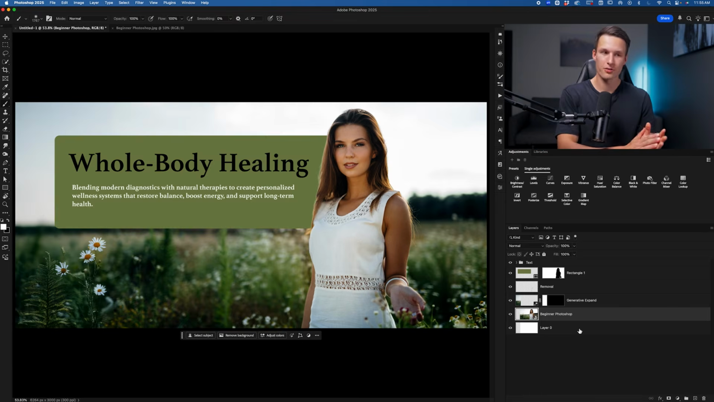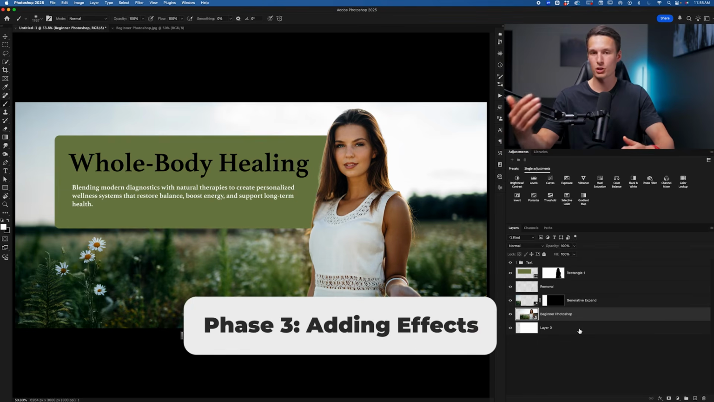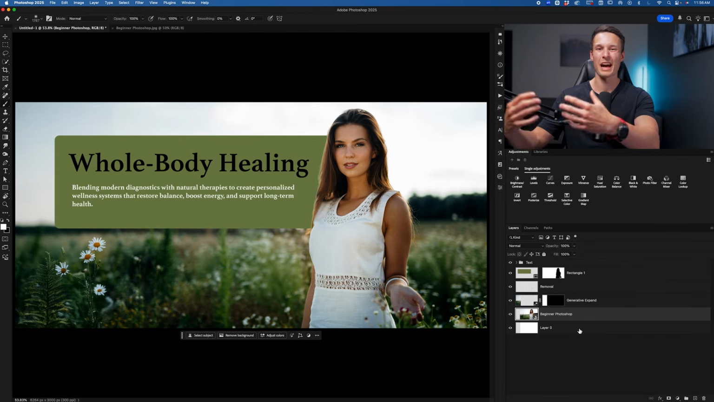So in our previous phase, we've set up the structure for our project. We extended out the background, we removed some unwanted things, and we added some additional elements as the core structure for the entire project. But now we're going to add some more creative effects to it. We'll add some adjustment layers to change colors or things like that. We can add some filter effects to add blurs. We can add shadows to things and stuff like that. That's what phase 3 is all about,